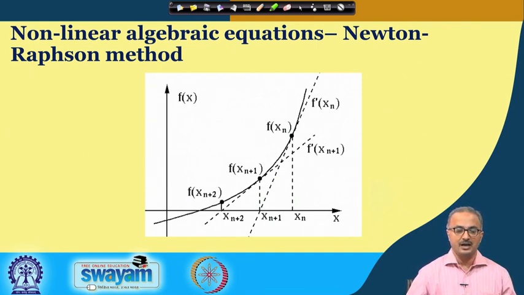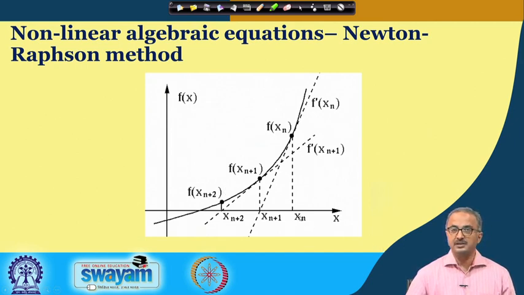Now, in this figure I am showing pictorially how the Newton-Raphson method works in terms of the solution convergence. Here we are choosing two axes: f(x) is the function for which we need to find the root, and this is the independent variable. Here we have put one arbitrary function shown by this solid black line.